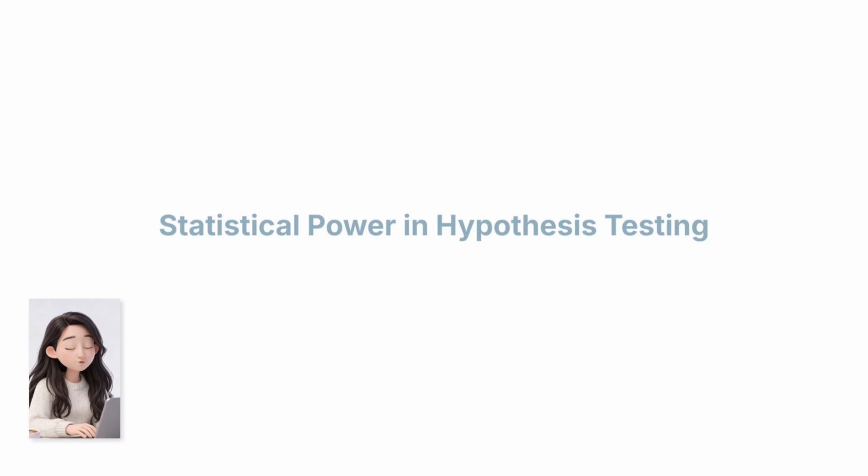In this tutorial we will break it down: what it is, how it ties into errors in hypothesis testing, and how you can use it to design more reliable experiments. So what is statistical power? Statistical power is the probability that a hypothesis test will correctly detect a real effect when that effect genuinely exists